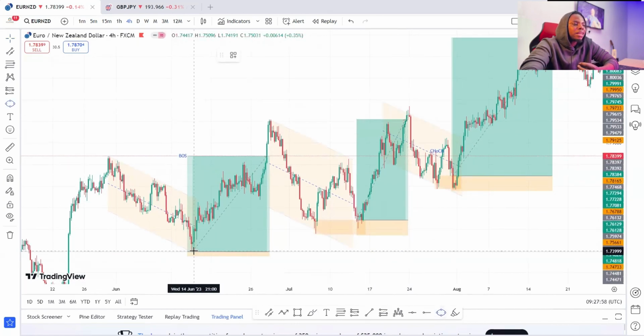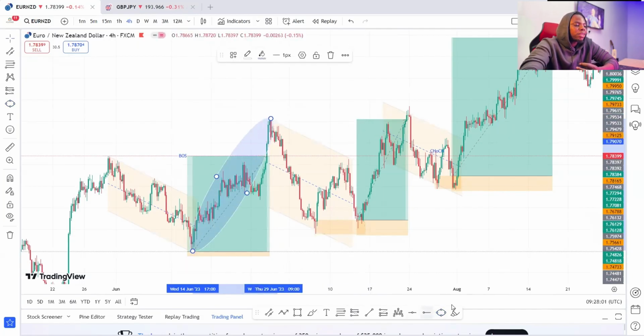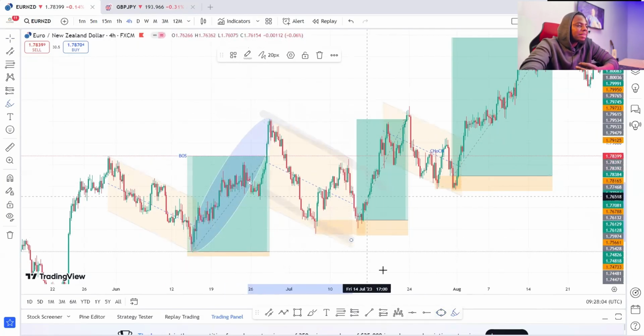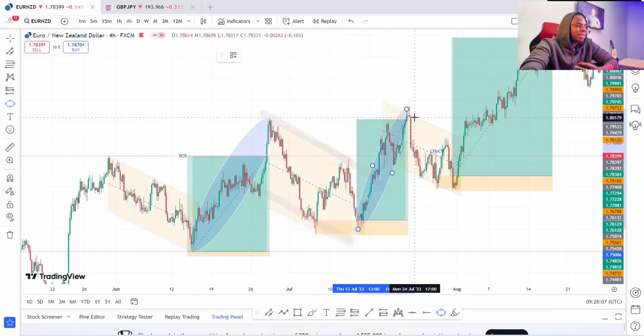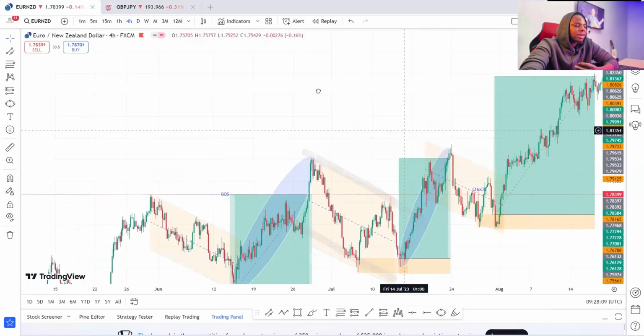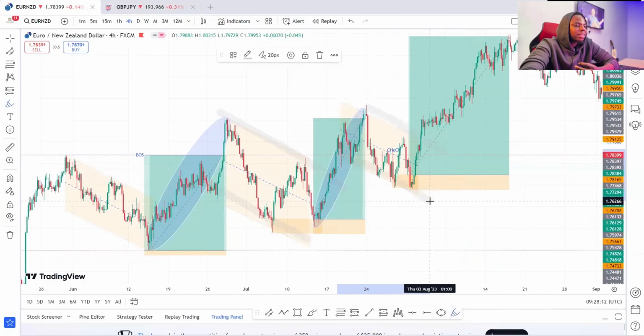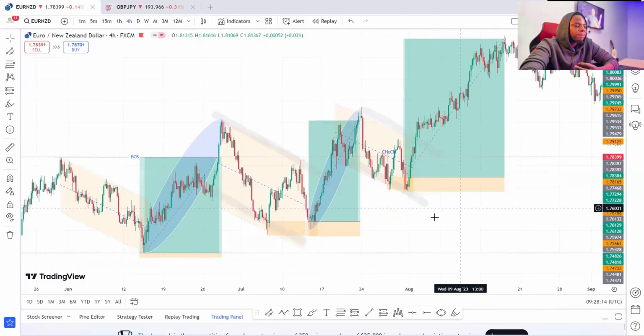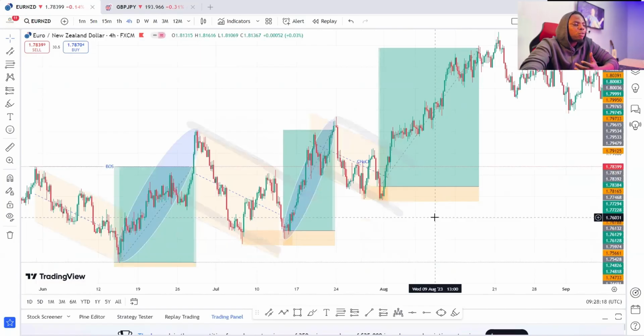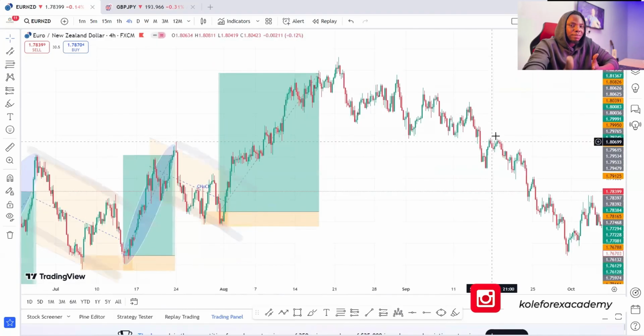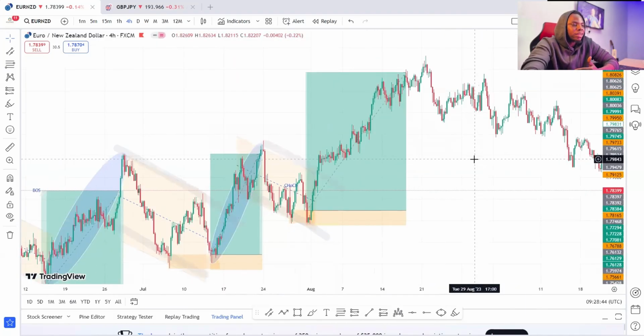So imagine you are looking at the market, and all you are looking for is for the market to give you an impulse movement, right? Creating a correction to the downside. Then another impulse movement, giving you corrections to the downside, which is here. And all you are waiting for is to allow the market to retrace back to that corrected level. We call it a discount level if we're looking for a buy. We also call it a premium level if we're looking for a sell. These are zones at which you want to join the market, which I'll be explaining in a subsequent video.